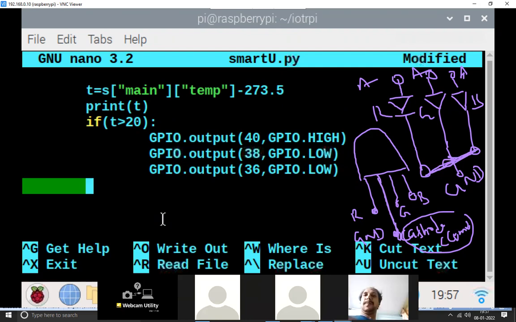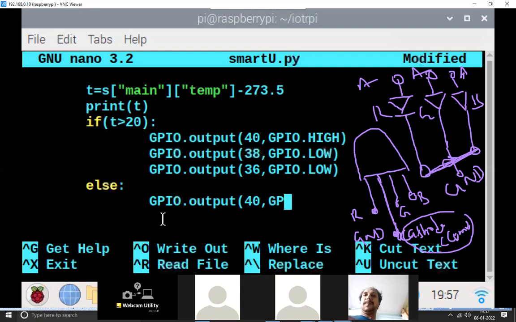Else, if t is not greater than 20, that is, less than 20, then we want to get, for example, green color. So green color you have to turn on. Which pin, all of you, do you have to make high?